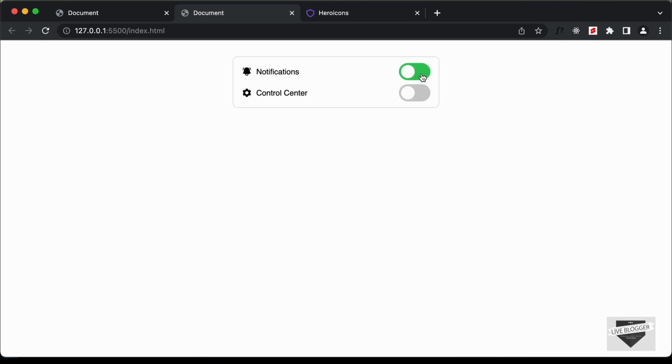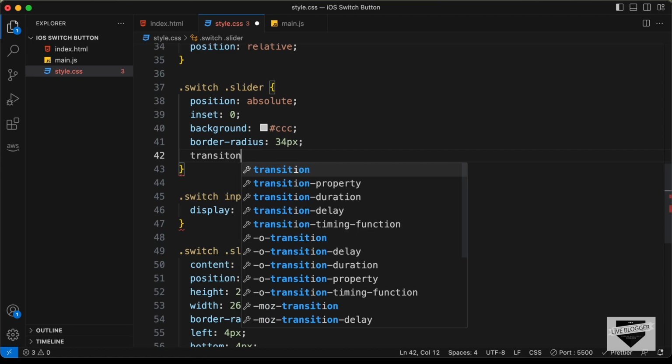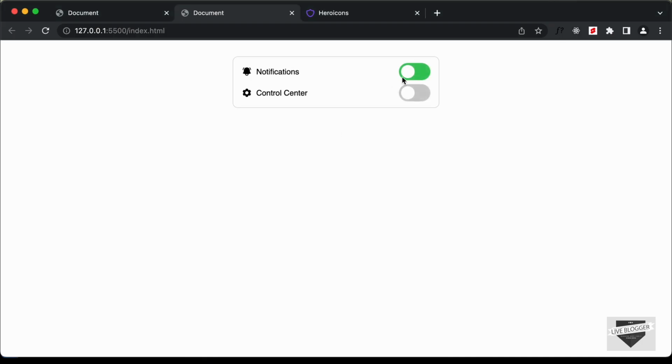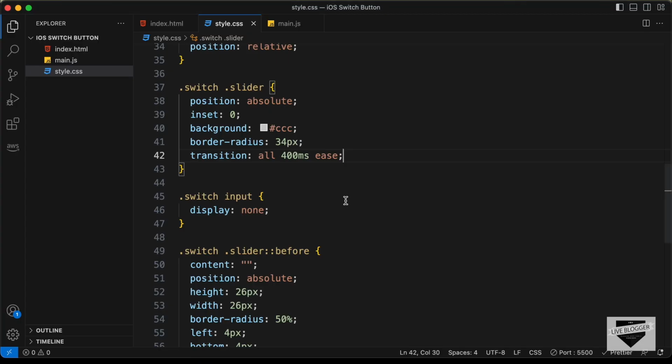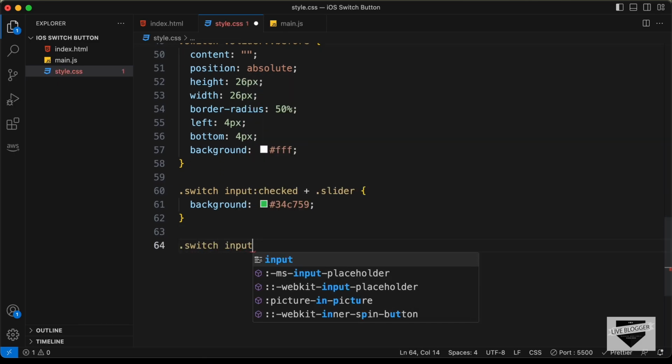And we also need to have smooth transition. So here for the slider, let's type transition, and let's set it to all 400 milliseconds ease. And we also need to move this circle to the right side. So let's type switch input colon checked